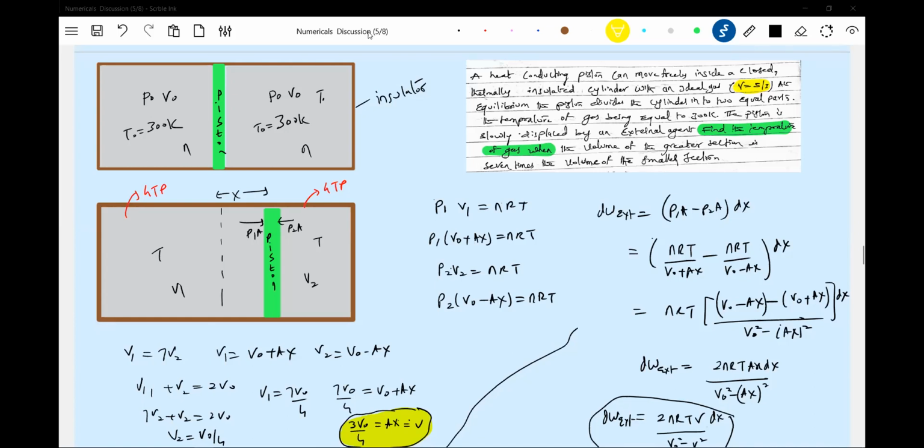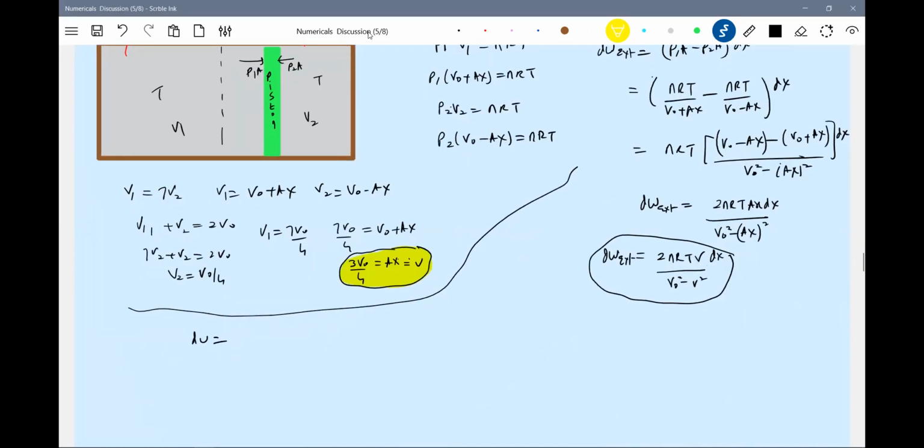Shall we write 2 times or only 1 time? Change in internal energy of the gas should be equal to